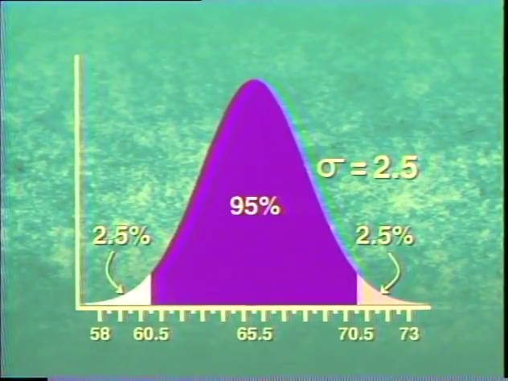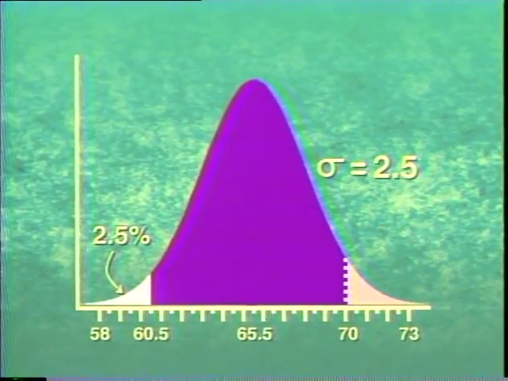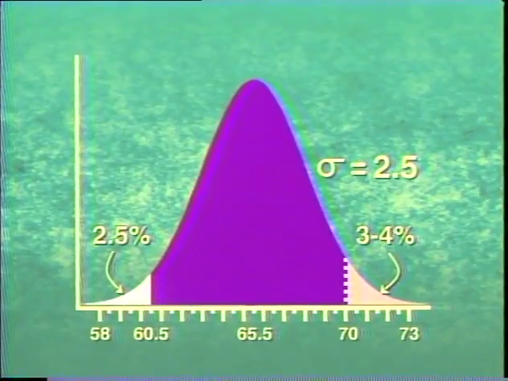Our Beanstalk member is 70 inches tall, and that's here, a little shy of the 70.5 inch point. So we can say that only about 3 or 4% of the population is 70 inches or taller. Placing observations on a normal curve is useful in many situations, including the question of why Major League Baseball players